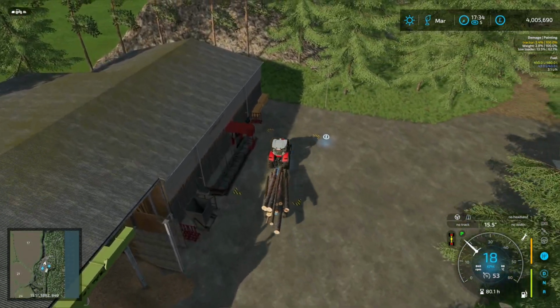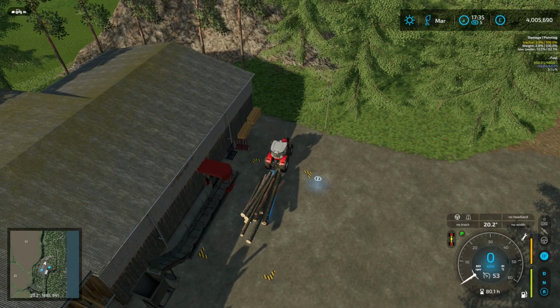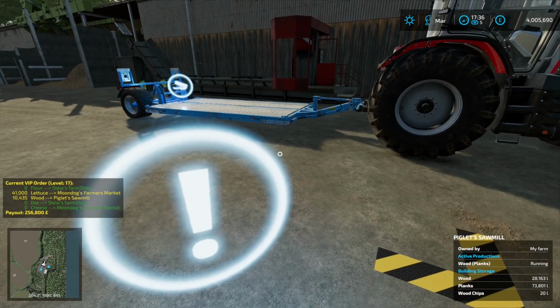So let's see where we sit. Whoops. Don't want to go too far, so I know I need to unstrap it. I do know that. And then we basically go sell it. Alright, so we're down to